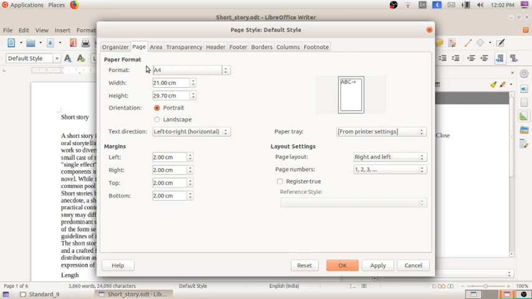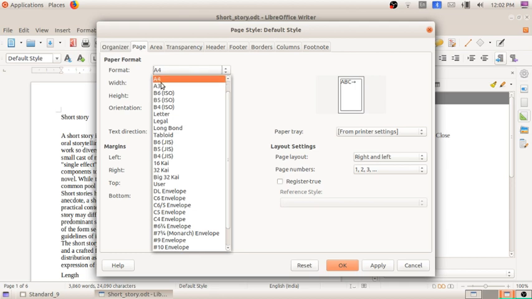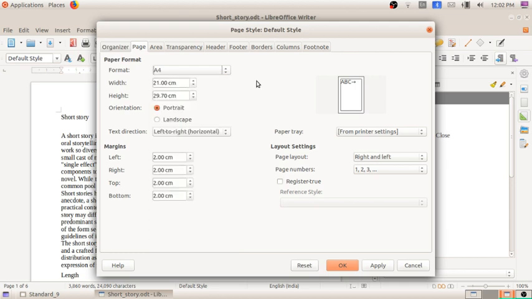In the paper format option, the template is already A4 size, so no need to change that also. Here you can see the orientation. They have chosen the portrait option. If it is landscape, you can see the page in this way, and if it is portrait, you can see it here. Normally we use the portrait option. No changes are applied here, so no need to click on Apply.